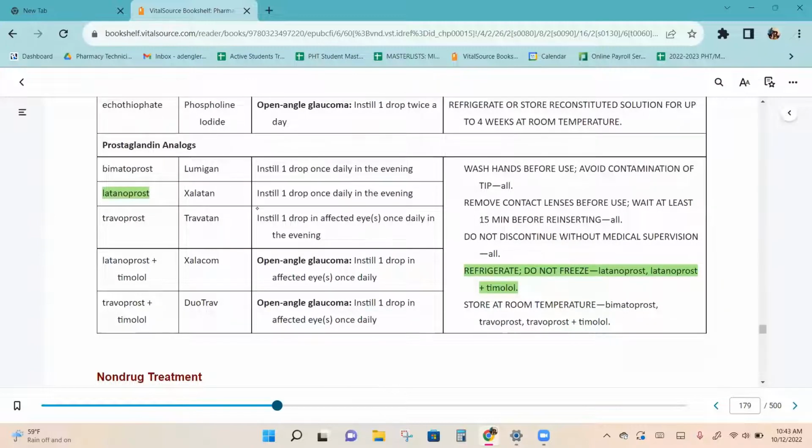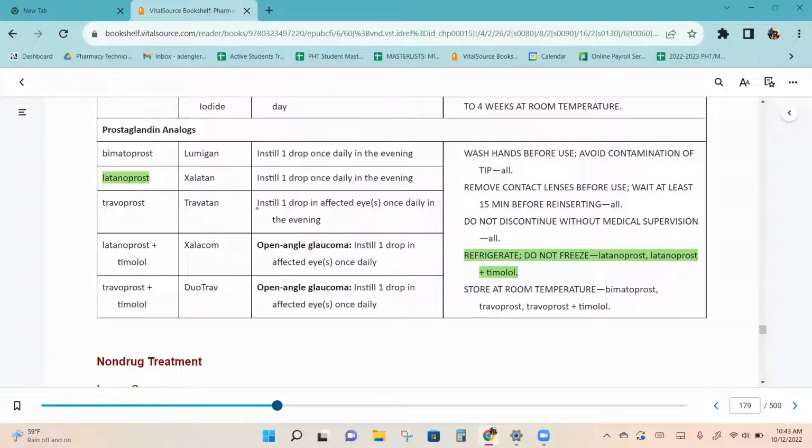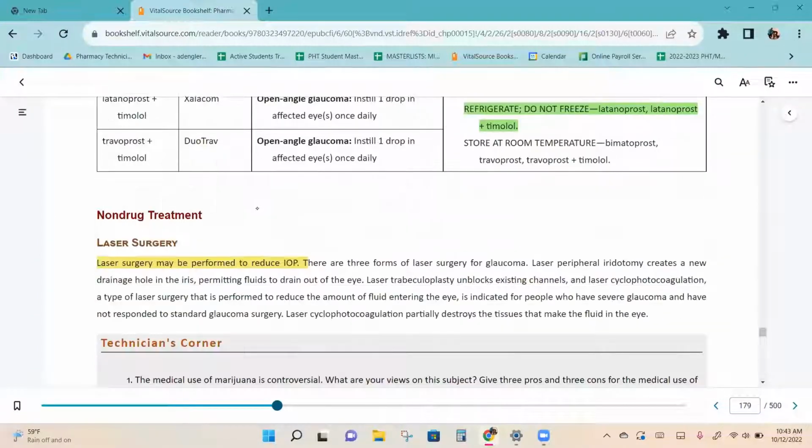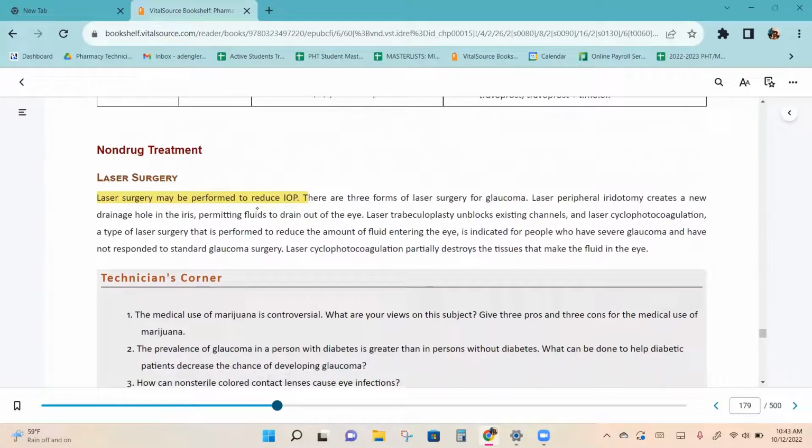And for the prostaglandin analogs, the latanoprost and latanoprost plus timolol should be refrigerated and not frozen. And lastly, laser surgery can be performed to reduce IOP. There are three forms of